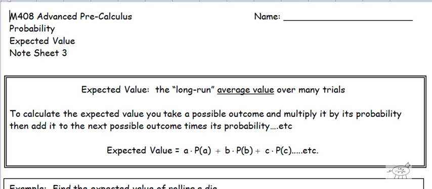It's a topic that is very useful in life, and it uses probability. Not that I'm trying to promote gambling, but this is something called expected value, and what it does is it says, hey, what is your expected outcome? Are you going to make money, or are you going to lose money, or are you going to break even? Okay, and so let's get started here with the note sheet.